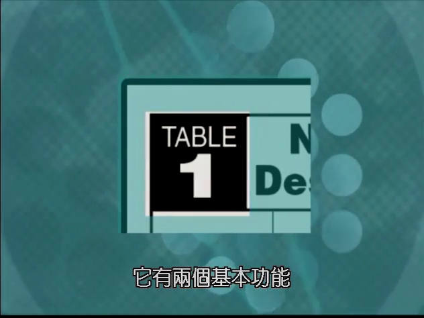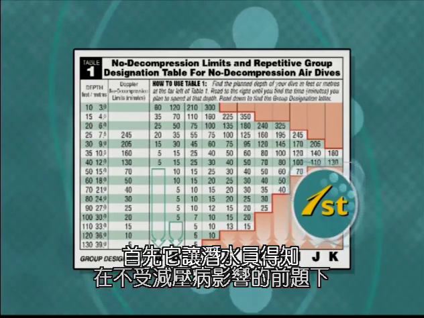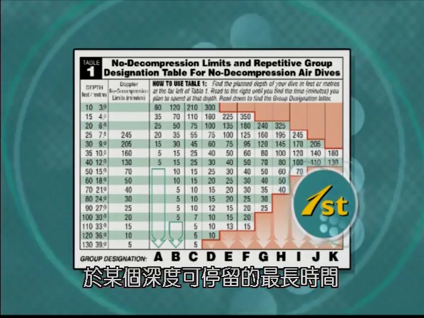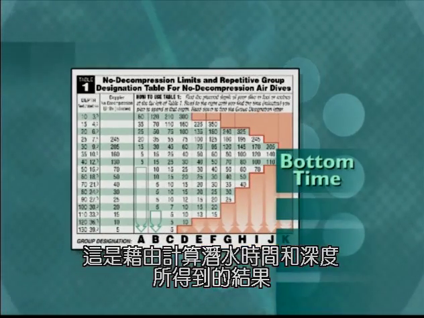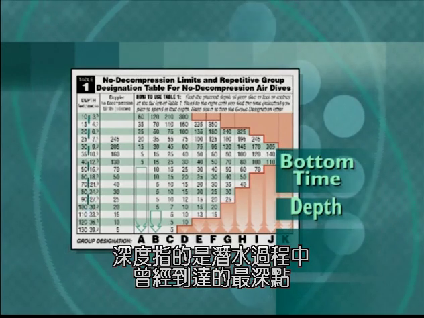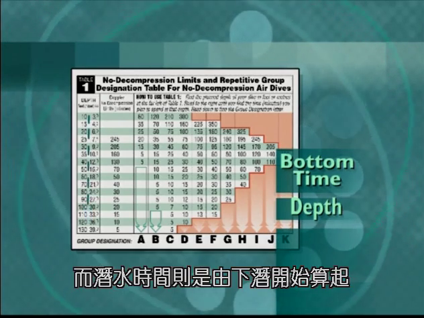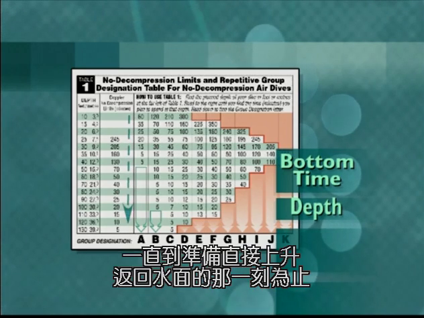It has two functions. First, it shows divers how long they may stay at a certain depth without being affected by decompression sickness. This is done by figuring bottom time and depth. Depth is considered the deepest point reached during the dive. Bottom time is measured from the time you begin your descent to the time you begin your direct ascent back